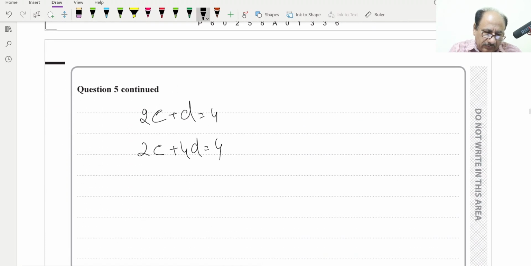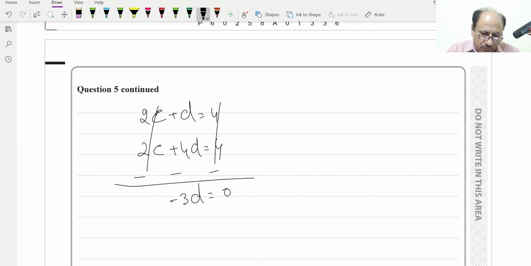So we can subtract, and when we subtract, this will be cancelled, this will be cancelled. So minus 3d is equal to 0, and this implies d is equal to 0, and we will box this